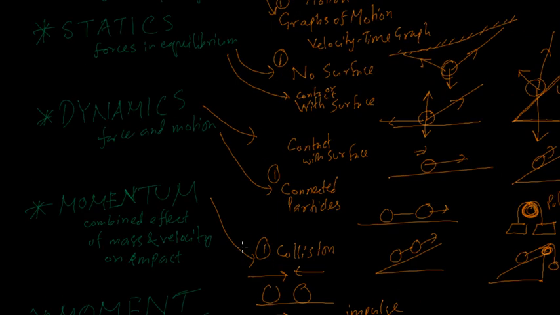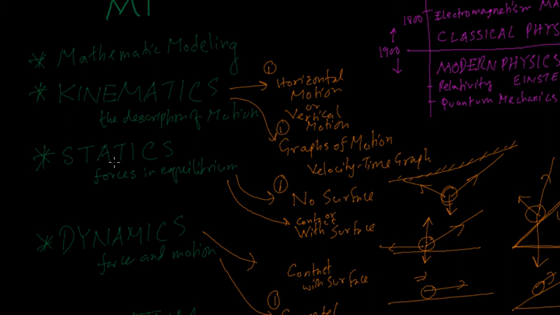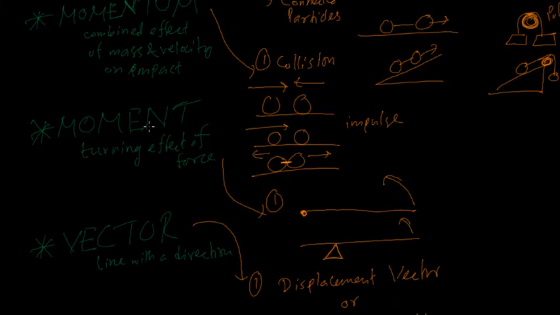So if we review this, there is going to be a kinematic sum. Actually there is going to be 2 kinematic sums. There is going to be a static sum. There is going to be 1 or 2, chances are 1, dynamics, connected particles. There is going to be 1 momentum sum. There is going to be 1 moment sum, and there is going to be 1 vector sum. Now in this exam there are going to be definitions given, and you have to show that you understand the